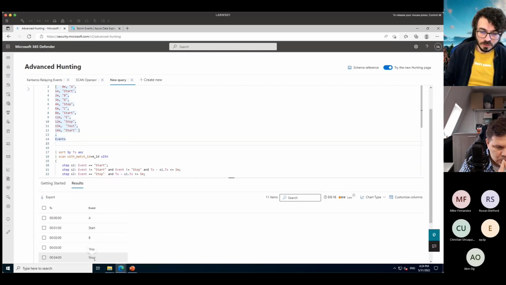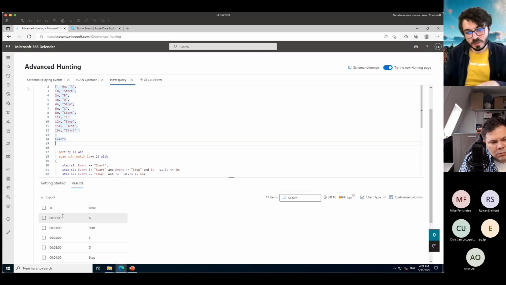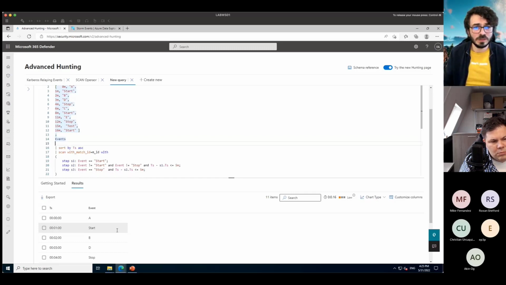between a start and the stop event, because as I said, you need to define a process, and to do that, you need to have a starting point and an ending point. So in this case, we have start and stop as the process start and the process stop. And if we want to find what is happening between these two events, because this is, let's say, a single session, and we don't know what is happening exactly, and we are trying to figure it out, what we can do is,